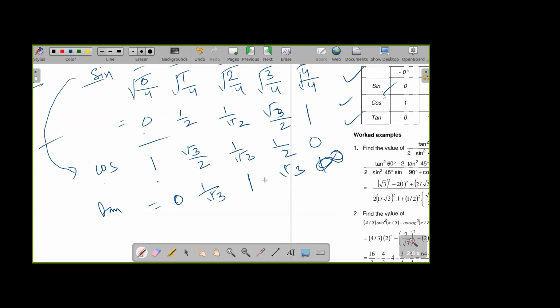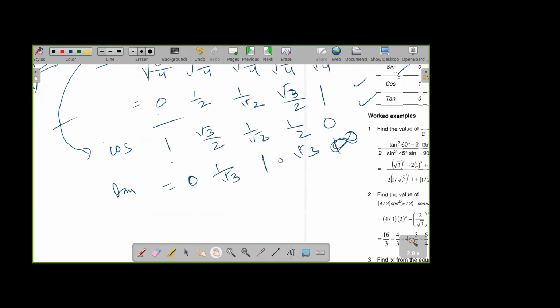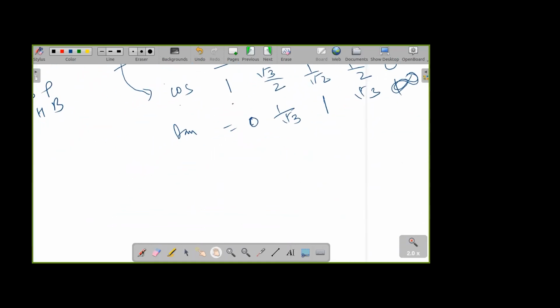One more thing that I would like to add here. Sometimes we forget the values. When you forget the values, you can make a triangle, put whatever value you have there, and then calculate the hypotenuse and everything, and that's how you can also write the values. Because sometimes people just completely forget everything.